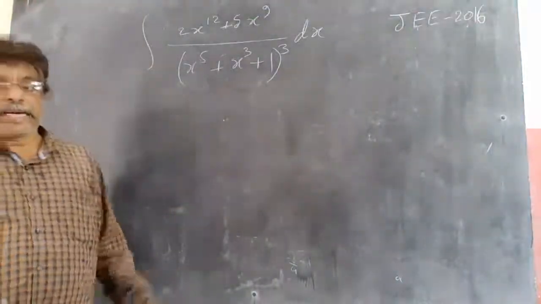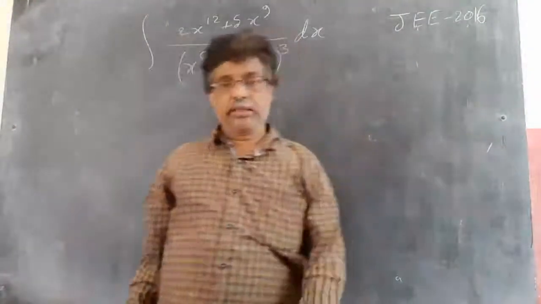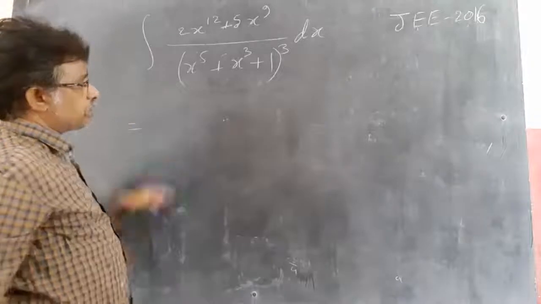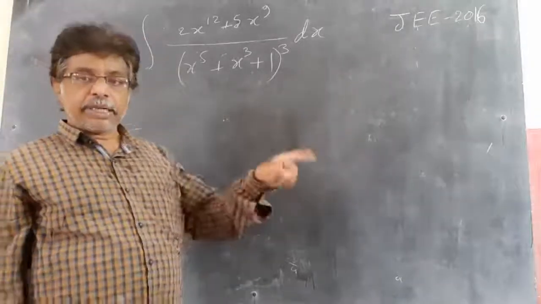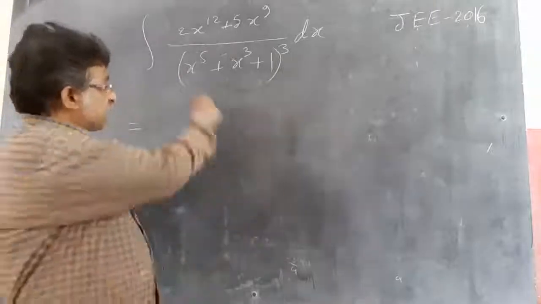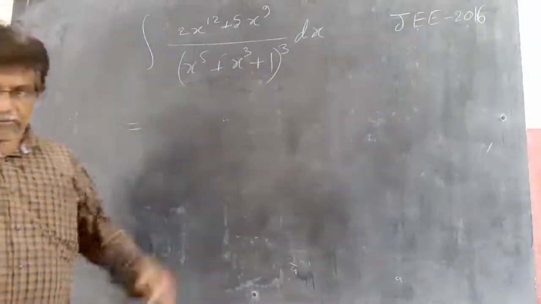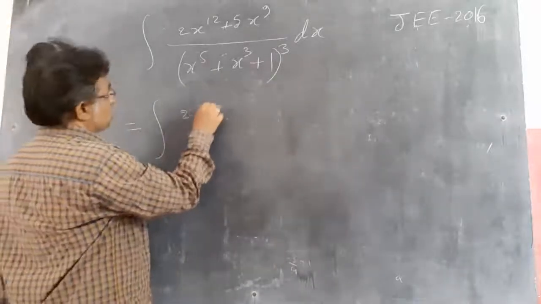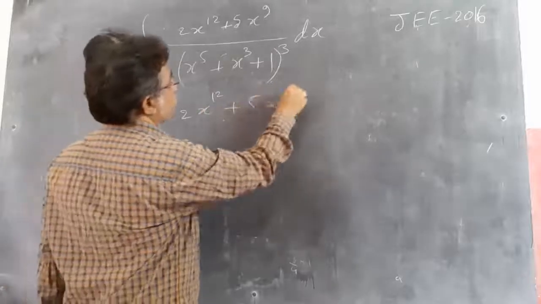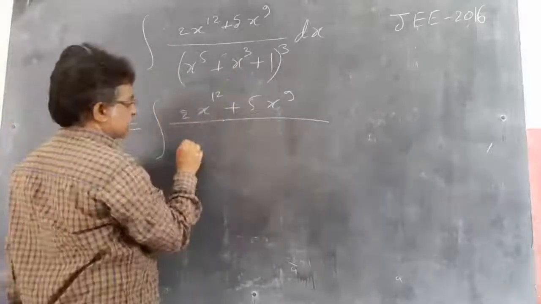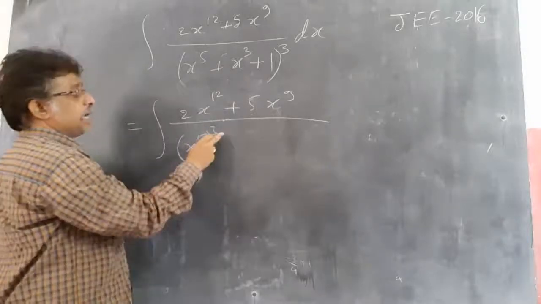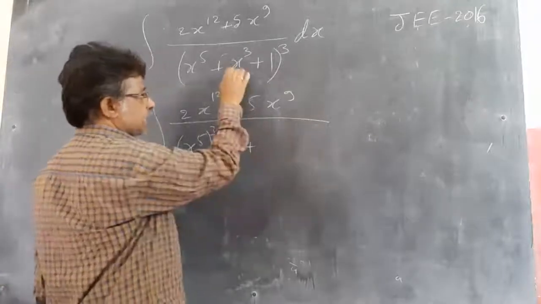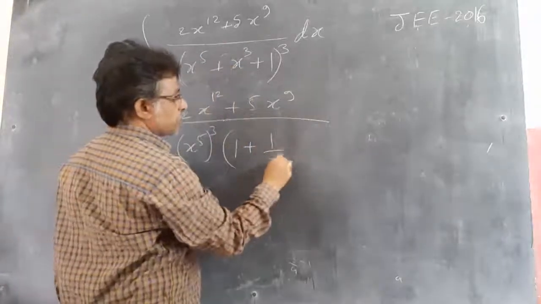One more question of the same kind, which was given in JEE 2016. So if you observe, it is the same. It is not directly in that form, but if you convert, it will come into that form. So taking the highest power x power 5 common, like in the previous one where I took x power 4 common. Here take out x power 5 common. So this is 2 x power 12 plus 5 x power 9 divided by, if I take x power 5 common, (x power 5) whole cube, x power 15 because the whole cube is there. So this becomes 1 plus x cube, x power 5 I took common, so 1 by x square is left out.